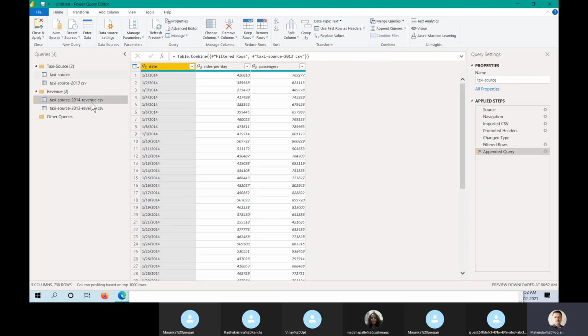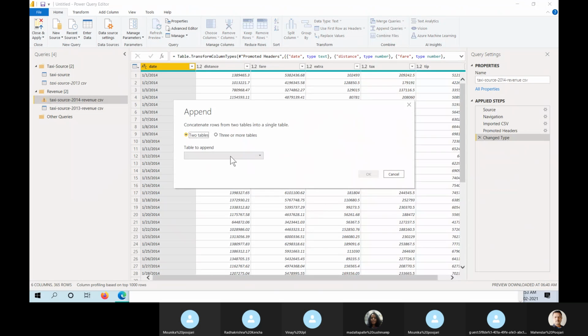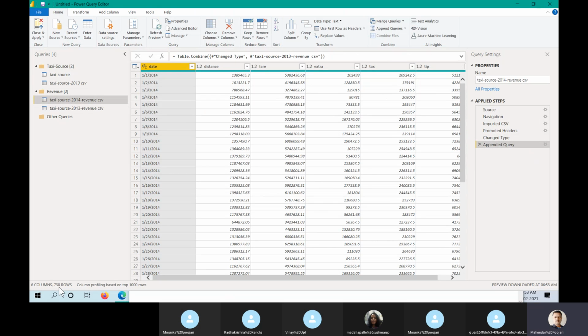But now again, the same thing I'll do. How many rows? How many columns are there? 6 columns are there. How many columns do I have here? 6 columns are there. Okay, so perfect. Now same thing I can do, append. This is the current one, choose this revenue as the next one. So it should be 6 columns. If it gets changed, then there is a problem with the naming or data type, but that did not change.